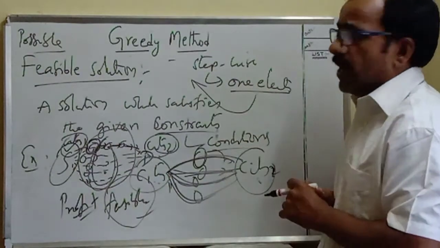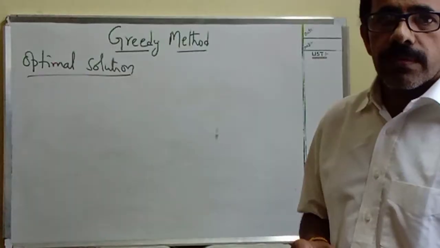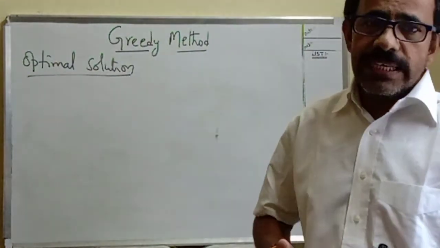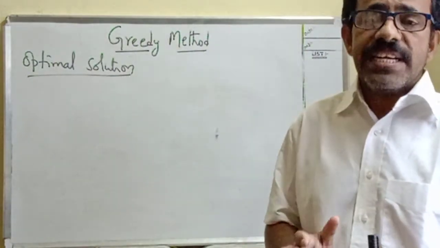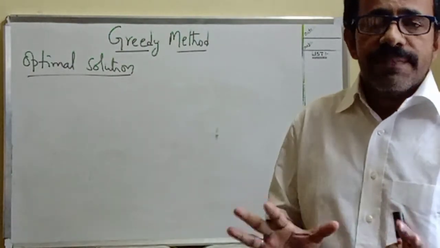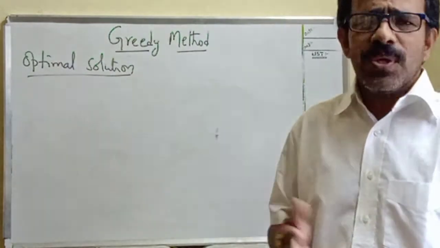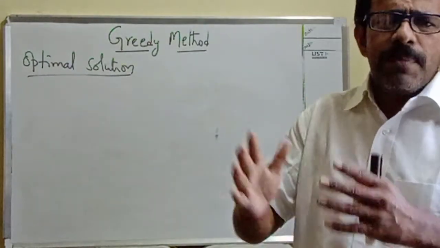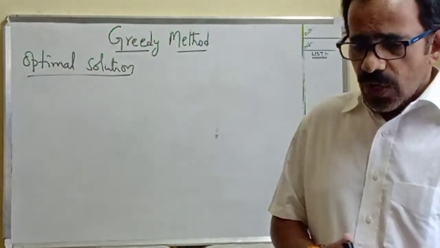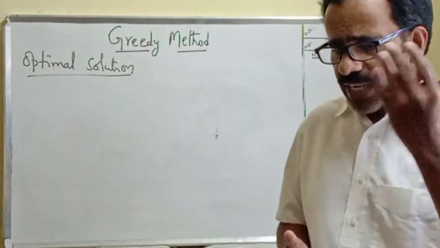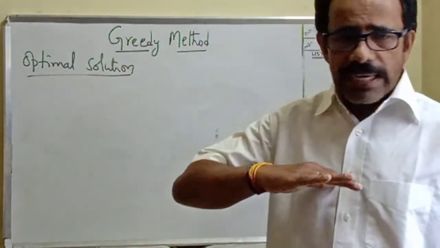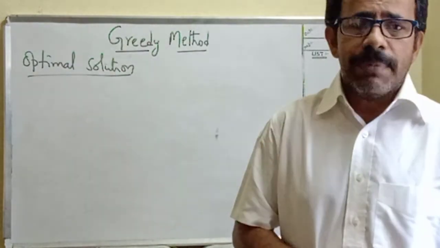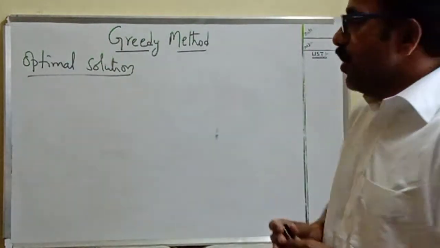Now I am going to explain what an optimal solution is. What is the definition of a feasible solution? Any solution you select, if it satisfies the given constraints or conditions of the given problem, is called a feasible solution. Like that we can make so many solutions, because if you start at one city to reach city 2, there are so many possible paths. Whether you select the first path, the second path or the nth path, our ultimate target is reaching city 2. Then what is optimality now? What is an optimal solution?